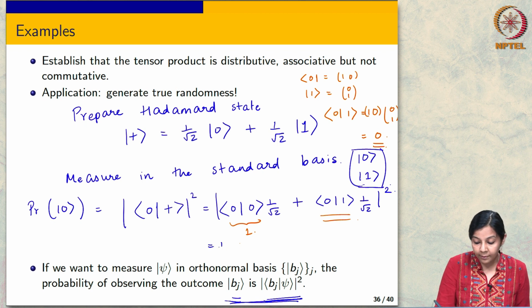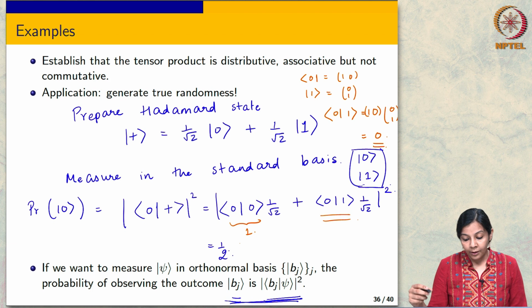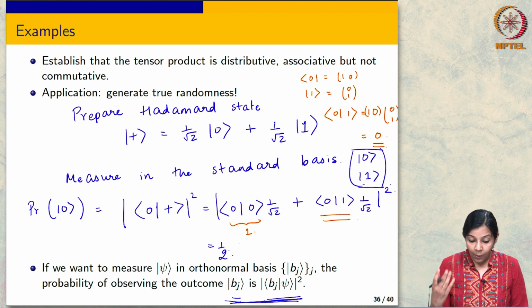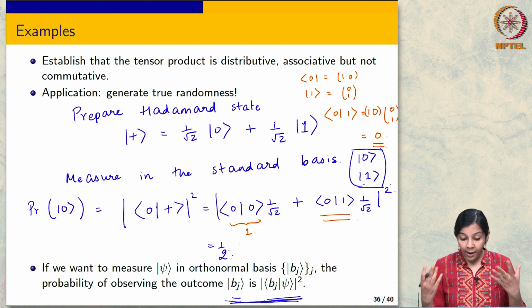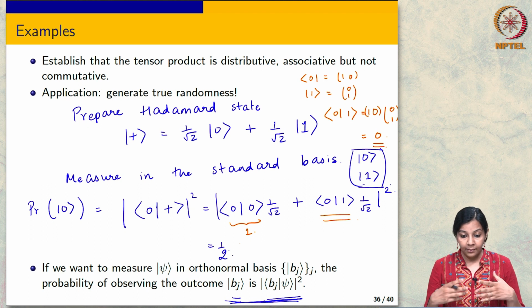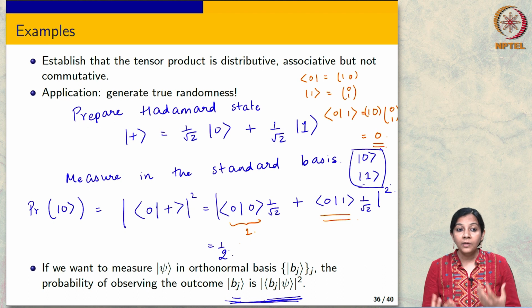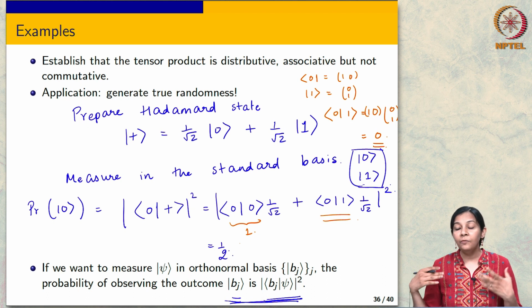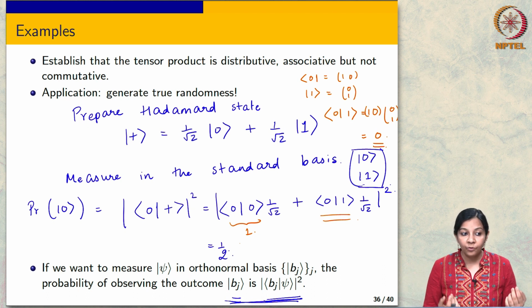So, what I get here is half. Okay, so this is very cool. Why? Because what did I do? I generated a random bit, and this is something which in the classical universe, we don't really have good ways to do, because